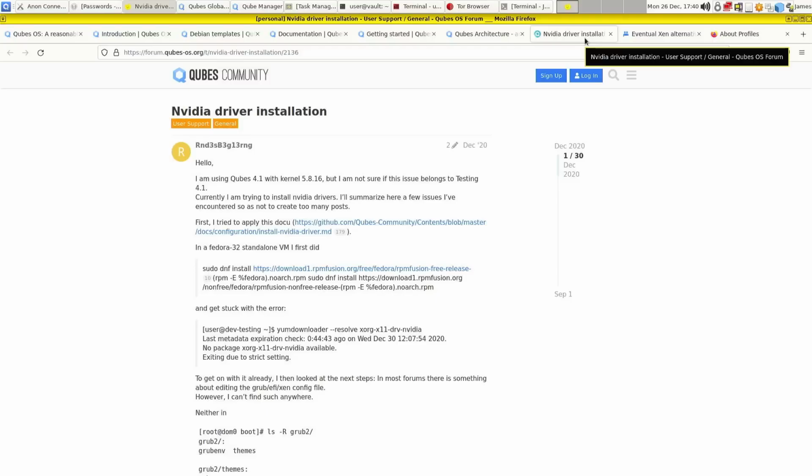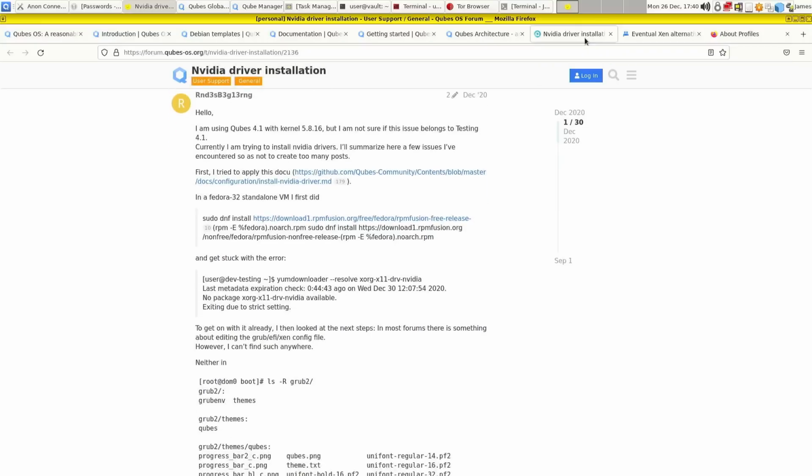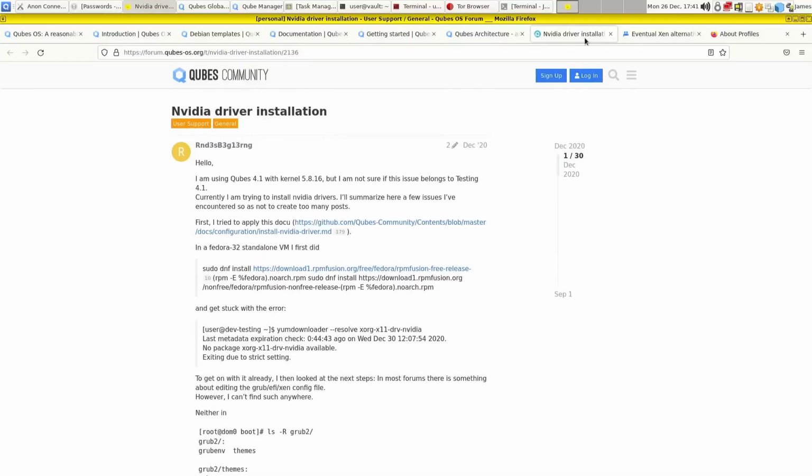What I might end up doing is installing the drivers into here, because as you can see, this post here more or less has instructions to do it, or I think this guy's asking for help with doing it. So I think it is possible to get NVIDIA drivers running for just specific cards. So I'm going to have to do a little bit more research and see if they do work on my cards. Or better yet, as I'm sure several of you have probably written in the comments already, just get an AMD card, because AMD cards are way better on all systems, BSD, macOS, Linux, of course. They're all going to be way better because of NVIDIA's nonsense when it comes to their drivers.